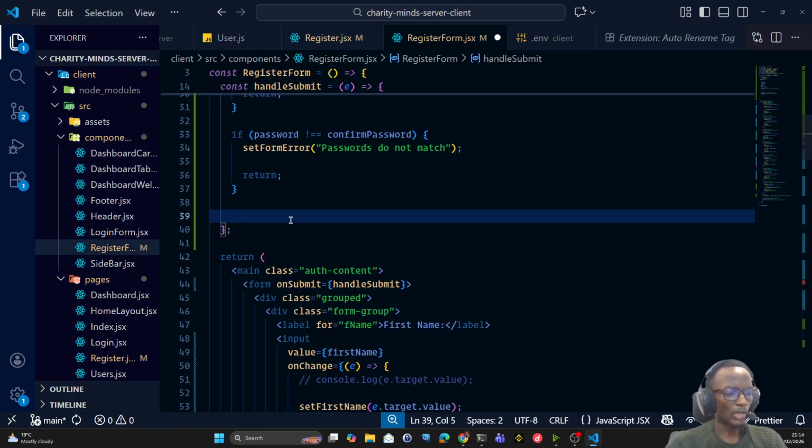Fetch is not the default. Fetch works, but then with React, we have other libraries that help you with the communication between systems. But to just get it to work, we're going to be using just the default fetch that comes with JavaScript. So fetch is going to take in a few things. First of all, it is the URL, and for this,